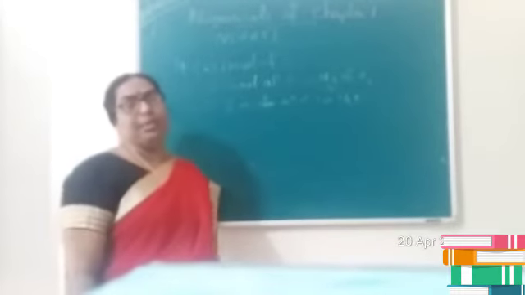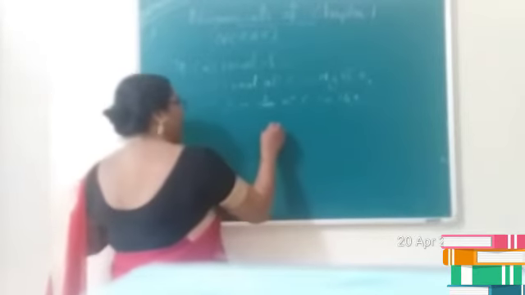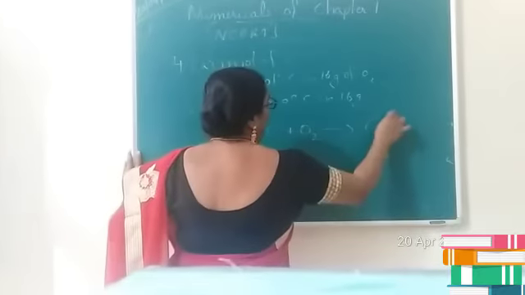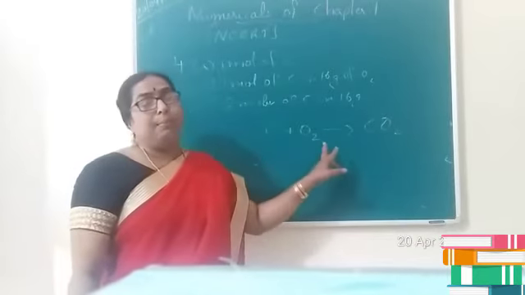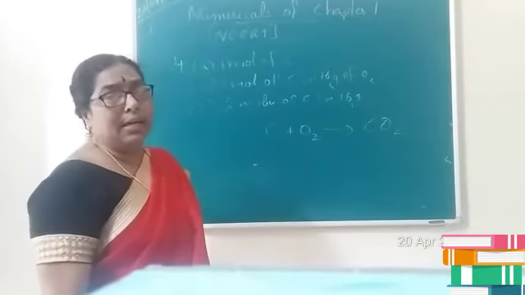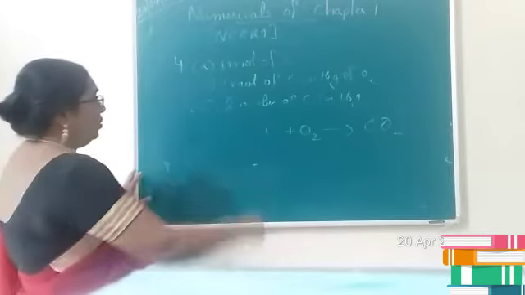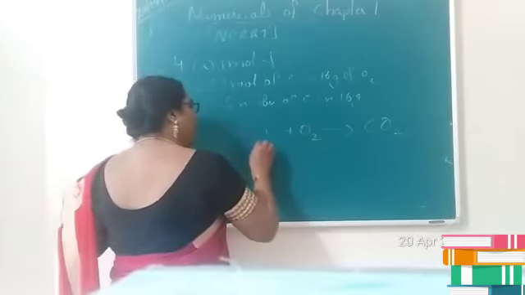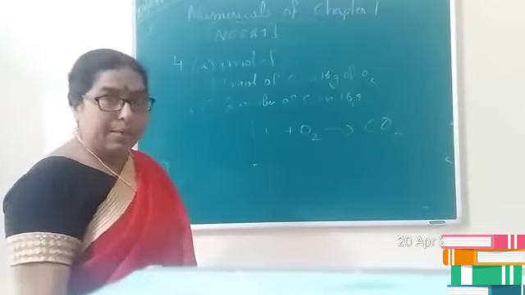In this type of question, first we are supposed to write the balanced chemical equation. So we know that the reaction which involves the formation of carbon dioxide is C plus O2 gives CO2. And you know that 1 mole of carbon burns with 1 mole of oxygen and produces 1 mole of carbon dioxide. 1 mole of oxygen means 32 grams of oxygen. So the first part is 1 mole of carbon. When 1 mole of carbon undergoes burning, it produces 1 mole of carbon dioxide.